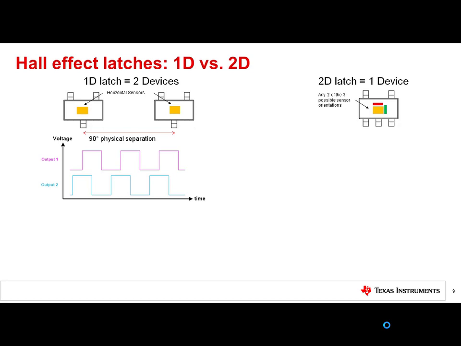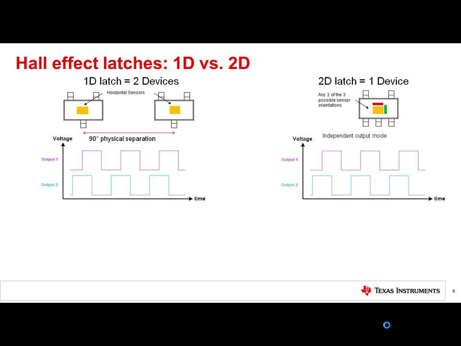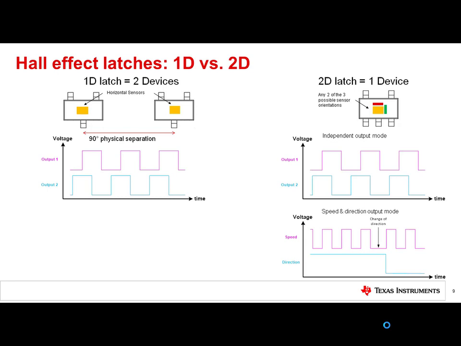2-dimensional latches have the option to select each of the possible Hall element combinations within the device. The selected components are brought to the interfaces for signal conditioning. The different magnetic field components are inherently 90 degrees out of phase, and this produces an equivalent result to the 1D sensor. A major benefit to this approach is that alignment accuracy is integrated, and the total mechanical area the solution occupies is reduced dramatically. Additionally, a 2D latch may also integrate the computation to generate outputs formatted as speed and direction